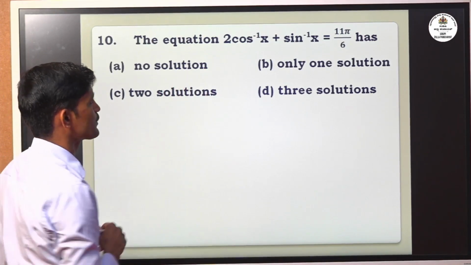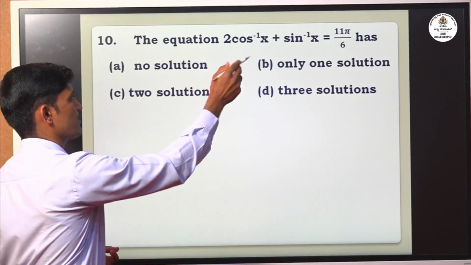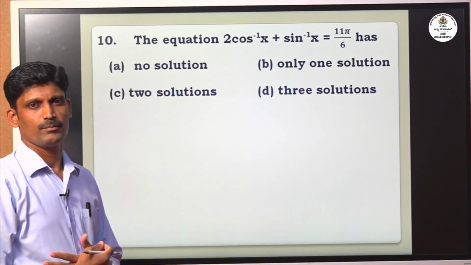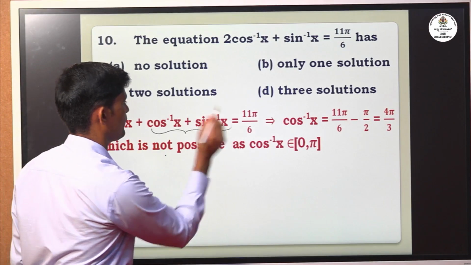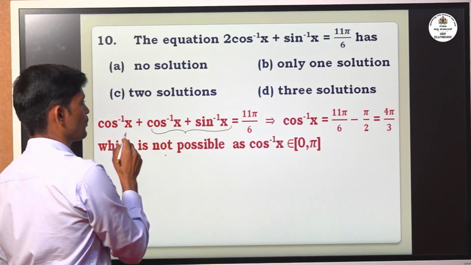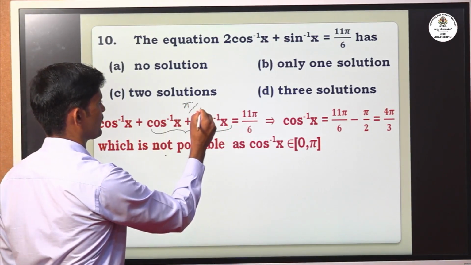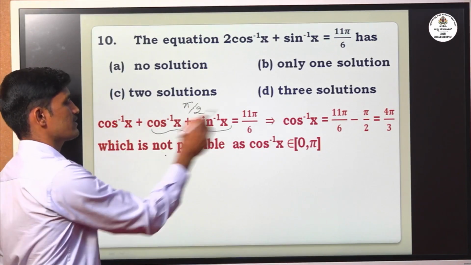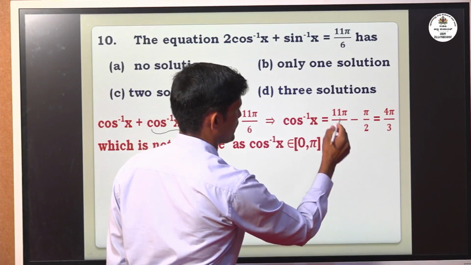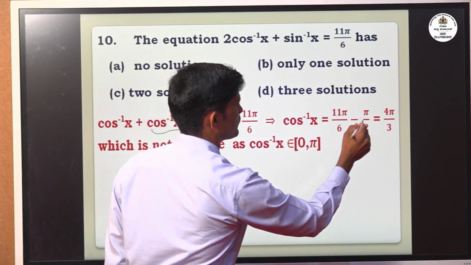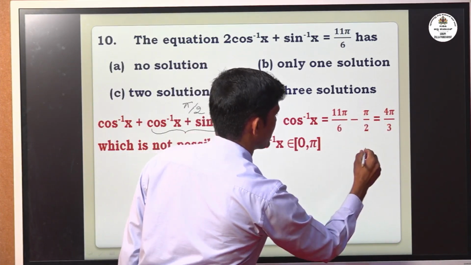Now since 2 cos inverse x plus sin inverse x is given, we can split it as cos inverse x plus cos inverse x plus sin inverse x, because you know cos inverse x plus sin inverse x is pi/2. So you know this is equal to pi/2. Therefore cos inverse x equals 11π/6 minus pi/2. This value is pi/2, identity. Then take LCM 6 here, then it is 11π minus 3π, that is 11 minus 3, that is 8π/6